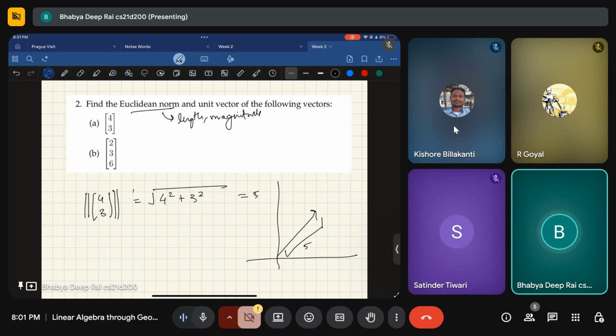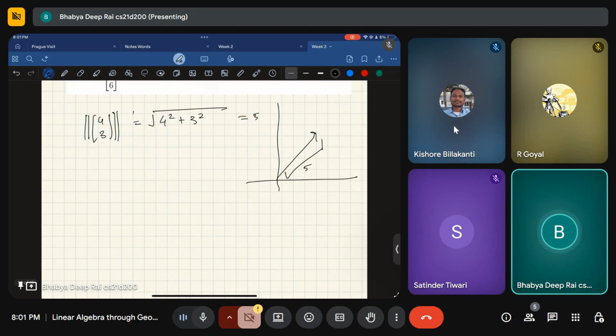But unit vector is all about direction. The kind of information it stores is only about direction. That is one neat thing about unit vector. And what is a unit vector? Of a vector v, which is represented with this arrow, it is a vector of length